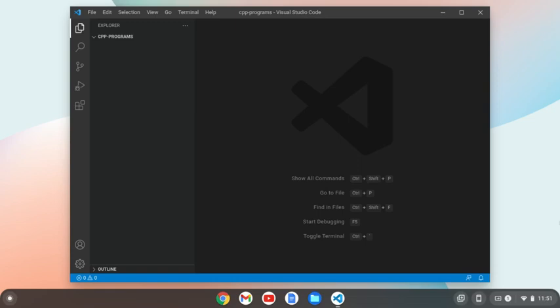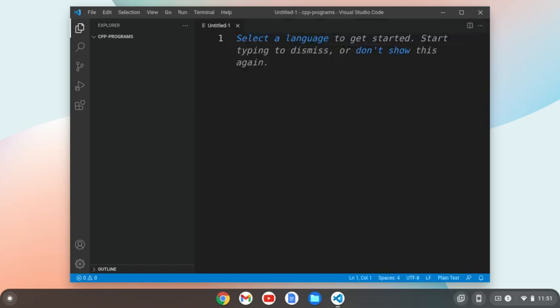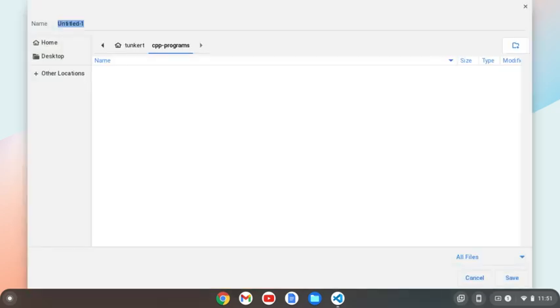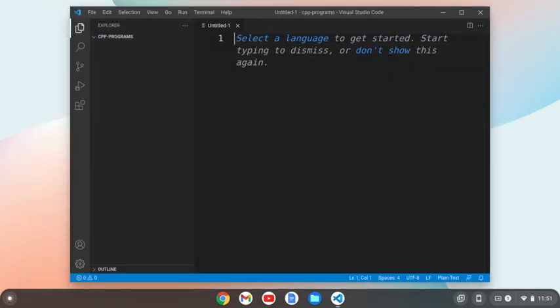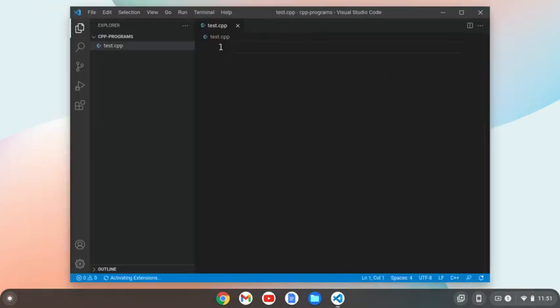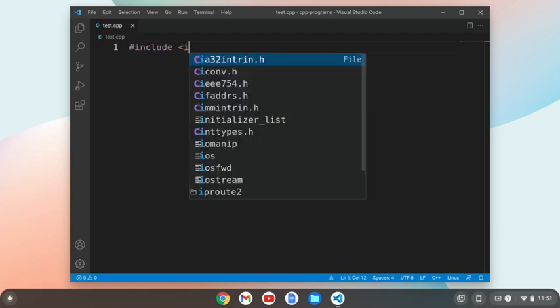I can create a new file with Control N, and then I can save it with Control Shift S, and it's going to save it in the C++ programs, and we'll call this one test.cpp. And I'm going to hit enter to save it. Okay, so now we have this test C++ file. I'm going to use Control B to close out the Side Explorer, and I'm going to start by including iostream,